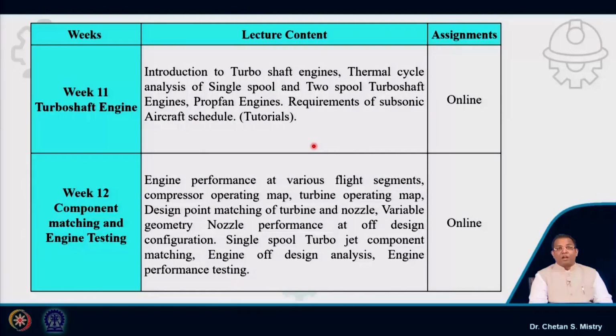We will be discussing the details about the compressor operating map and the turbine operating map. We will be discussing the variable area nozzle performance under off design configuration. Then we will try to work out the component matching for a single spool turbojet engine. We also will be discussing how engine testing has been performed by different companies. So overall, if you look at all these 12 weeks, you will have a great journey in order to understand the gas turbine engines,